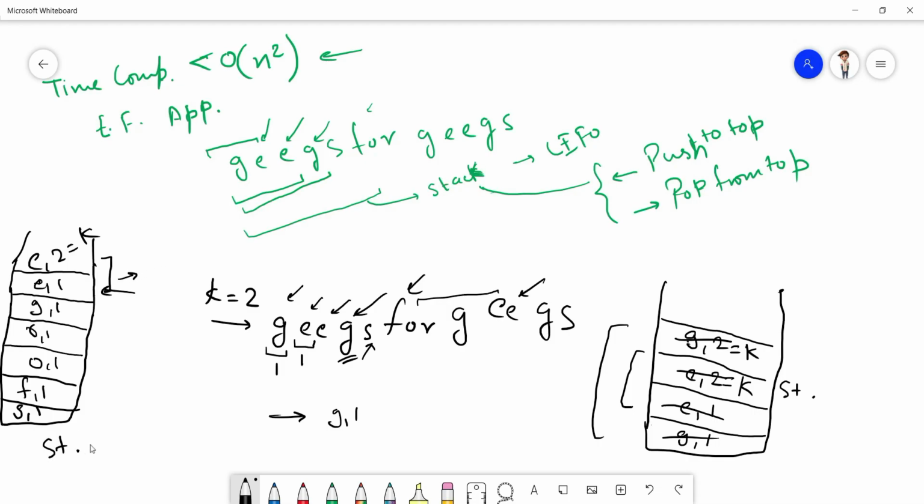So this was the stack which came from here, right? Now we will pop it, so it will be removed.